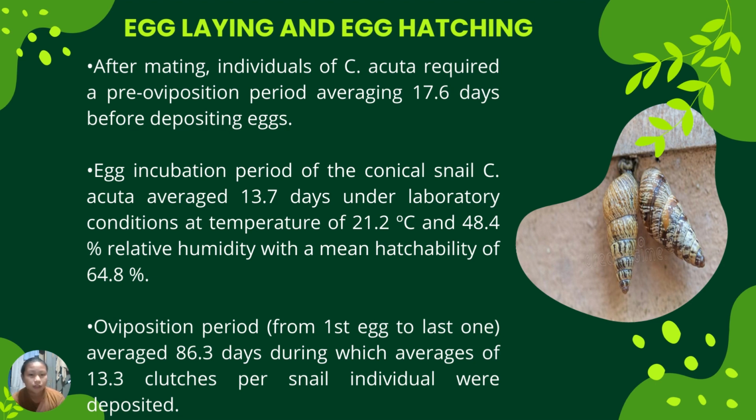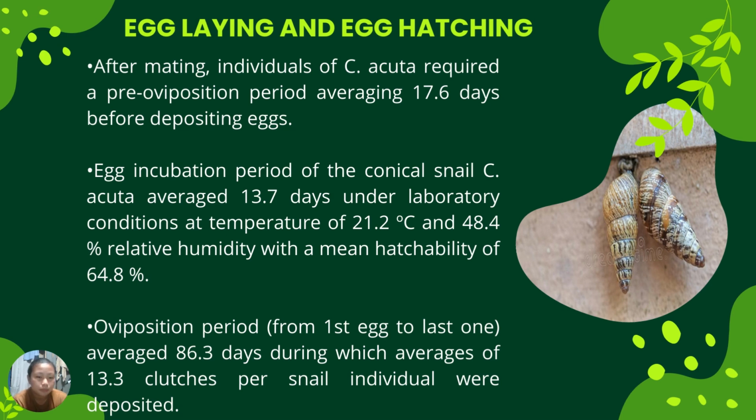Egg incubation is the egg hatching period of a snail that averaged 13.7 days under laboratory conditions at a temperature of 21.2 Celsius and 48.4% relative humidity with a mean hatchability of